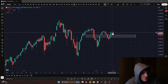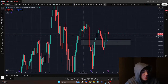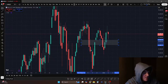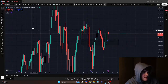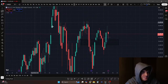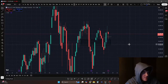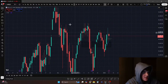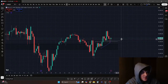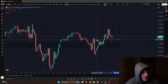Now you could argue, oh, it's a daily pin bar, but I think it's more likely here that this is actually a daily gap. So here's a 3 day gap, and this daily gap. So like that. 3 day gap, daily gap. And then the 6 hour is kind of what gives it away for me. We have a 6 hour SMT. We have this daily gap here,